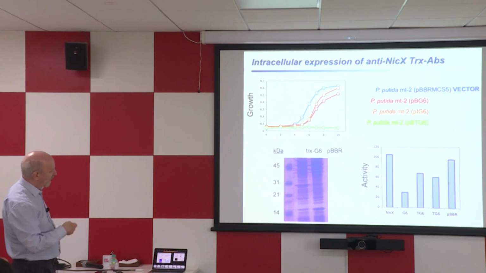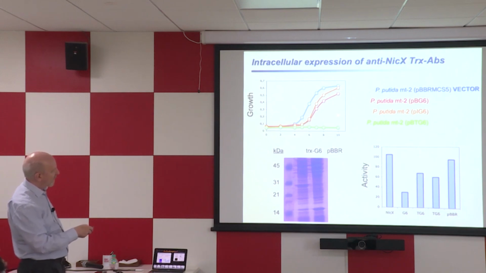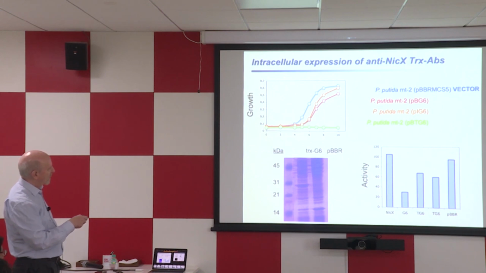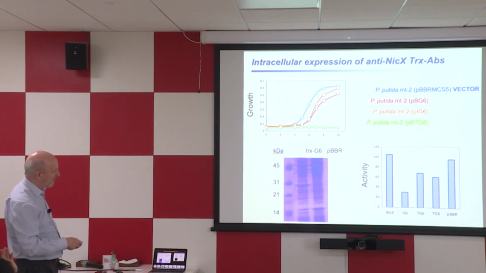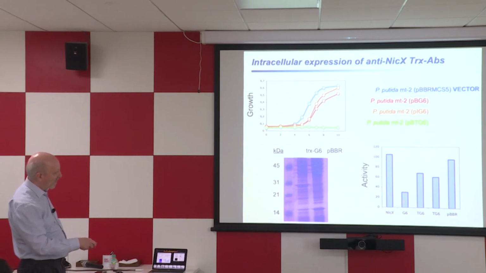Okay, then you express the construct inside Pseudomonas putida and see how it behaves. Well, first of all, you can monitor that the protein is expressed, you can run a protein gel and identify the bands, or use proteomics. And then what you observe is that this antibody, expressed in Pseudomonas putida, when you grow the cells with nicotinic acid,